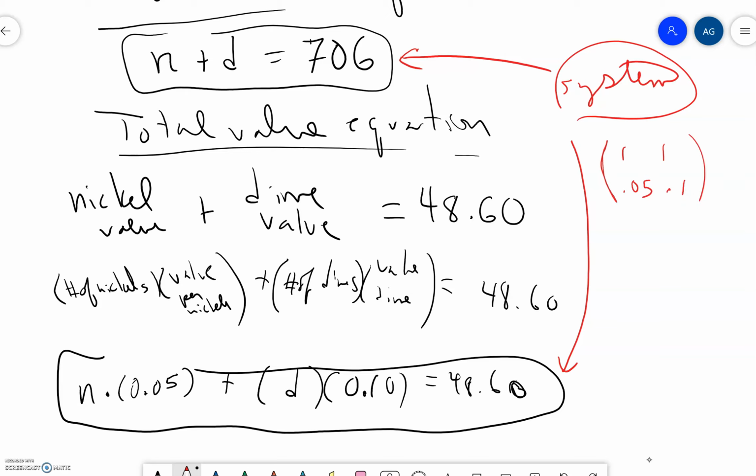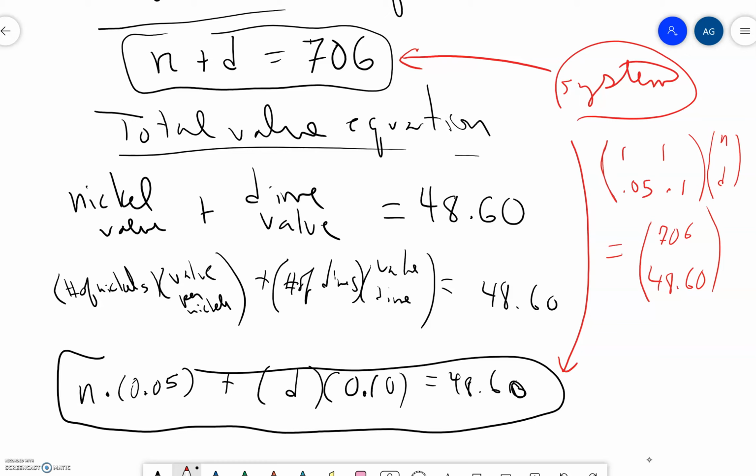So that's my coefficient matrix, and then I'd have the variable matrix n over d. Sorry, I'm getting this squeezed up in the corner here. And that's equal to the constant matrix, where the first entry is 706 and the second entry is